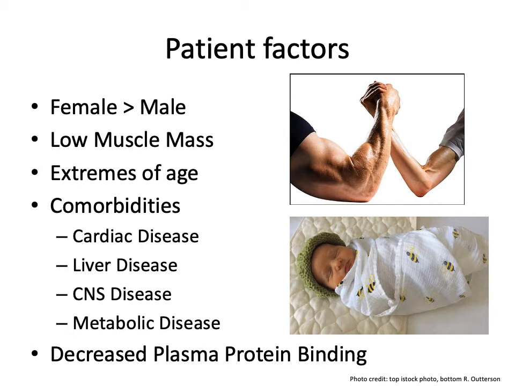Other low protein binding states that we should be aware of include patients with liver disease or malnourishment or during pregnancy. Cardiac diseases of particular concern include arrhythmias, conduction abnormalities, previous ischemia, and congestive heart failure. Metabolic diseases of concern include diabetes, isovaleric acidemia, mitochondrial disease, and carnitine deficiency.